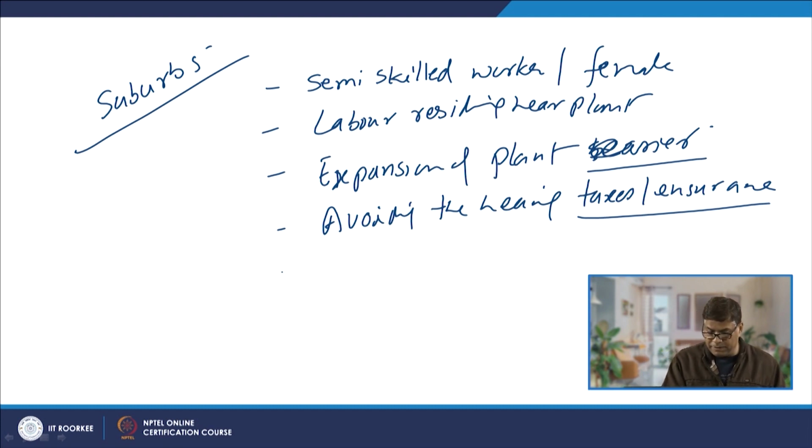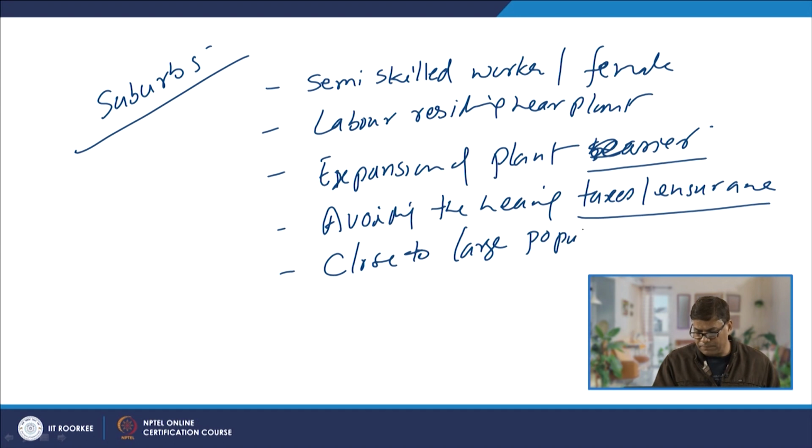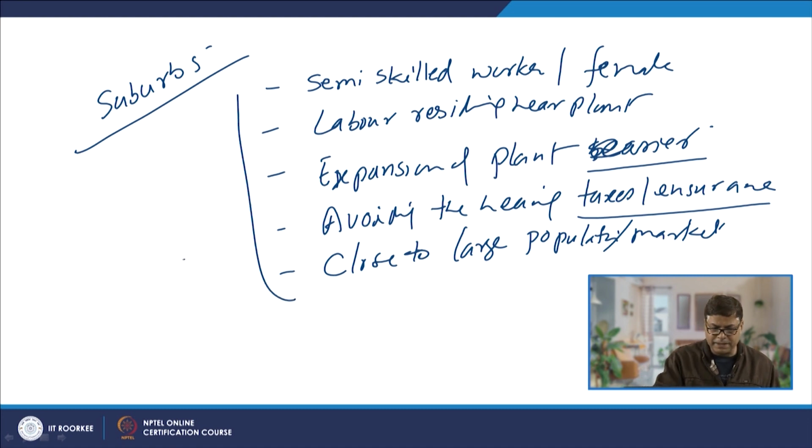And another benefit is that since it is a suburb close to the city, the plant is located close to a large population or market. So, these are a few factors associated with locating a plant in the suburbs, and as far as locating a plant in the rural areas or the countryside is concerned,